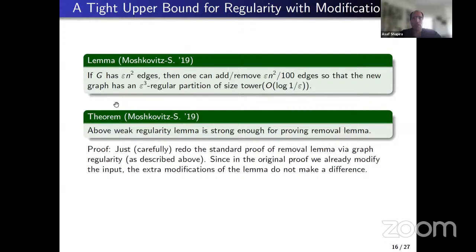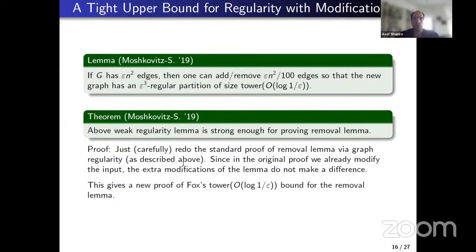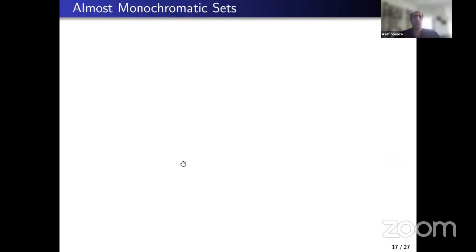Of course, you can ask me, but wait a minute, you are allowed to remove edges, but also add edges. So you might get triangles that didn't appear in the original graph. And then my answer will be that I just said that you needed to do it carefully, and this way you can avoid this. And of course, as I promised, this gives a new proof of Fox's bound for the triangle removal lemma and the general removal lemma. Okay, so the last